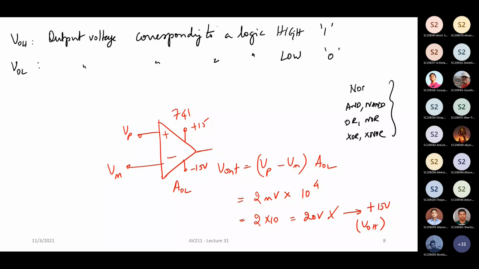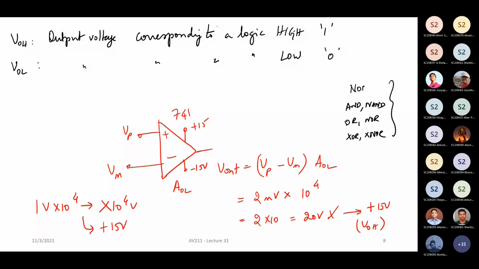Now, of course, for the previous number, if I take 1 millivolt, I'll end up with some 10 volt as output, right? So for a sufficiently larger input difference, this op-amp is going to behave like a comparator. For example, if my input differential signal is 1 volt and I have 10 raised to 4, I am not going to get 10 to the power of 4 volt, which is not possible. It will only turn out to be plus 15 volt.